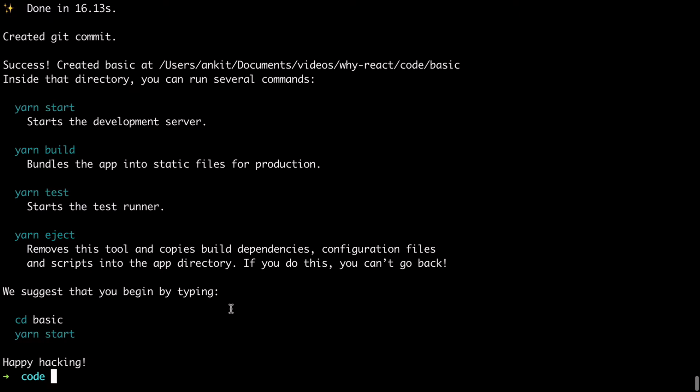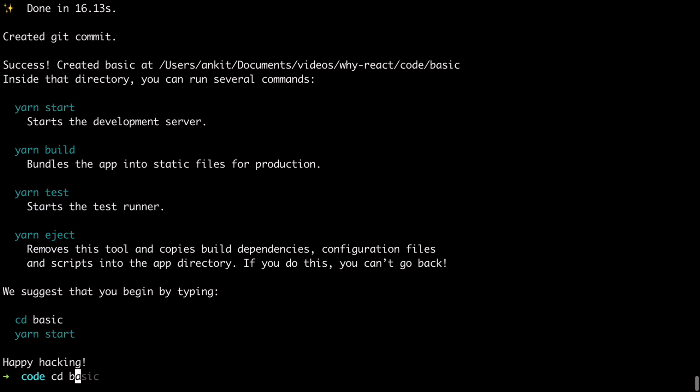So now we can see here that the process is done and it has taken 16 seconds to do that. Similarly, for you, it can take different amount of time depending on your internet speed and the capability of the system. Don't worry about it. So what we are going to do now, we are going to take a look at how does it feel like to write React application in this toolchain.